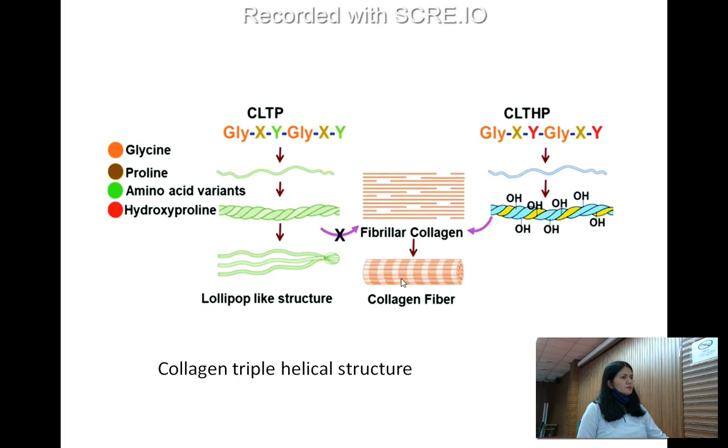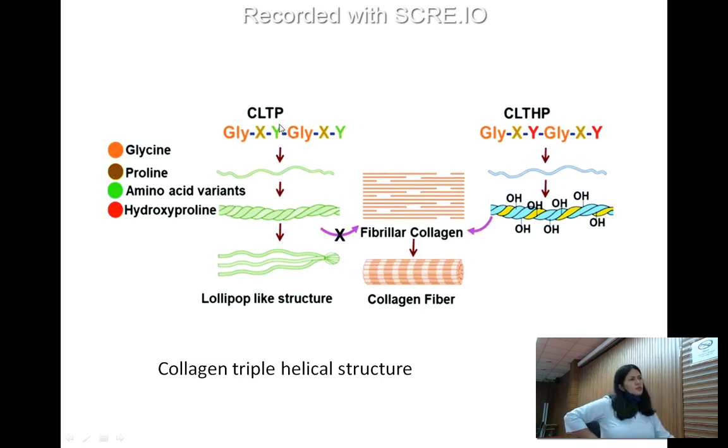Tertiary, ma'am. No, collagen's structure will have a tertiary structure, but what type of secondary structure does it have? It has the alpha helical structure. But there are 3 polypeptide chains having an alpha helical structure which wind on each other to form a typical triple helical structure. So remember, in collagen the structure is known as a triple helical structure because it has 3 alpha helical chains which wind on each other.